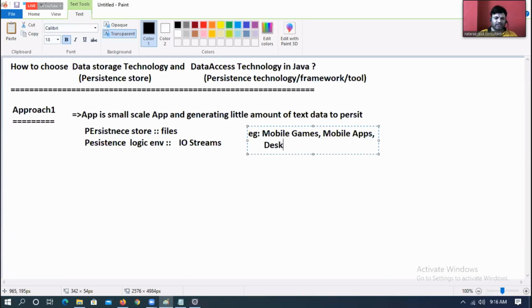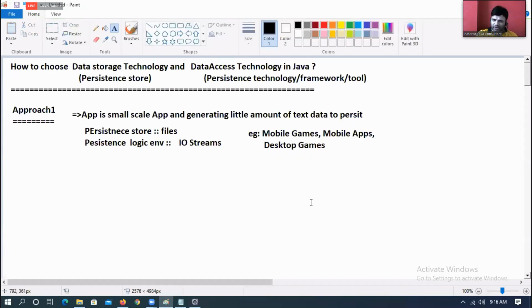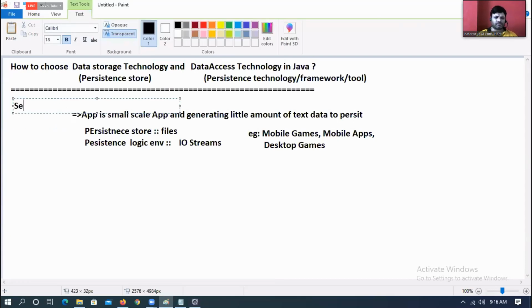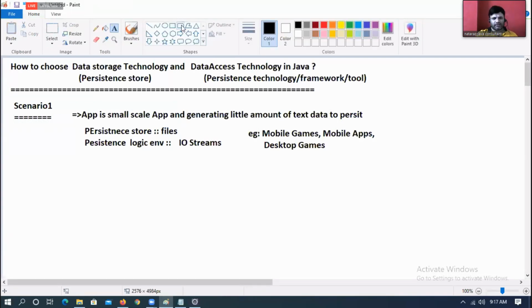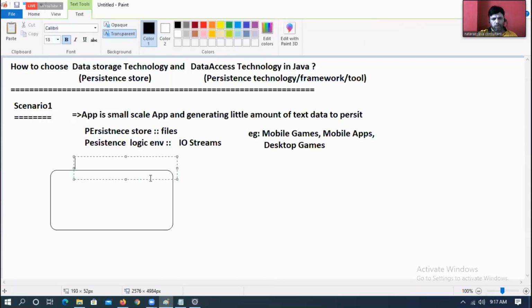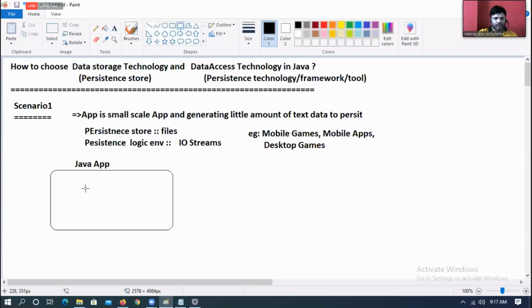In that situation, prefer going for this environment. I will call it scenario 1. Yes, this is my Java application. Here is my text data.